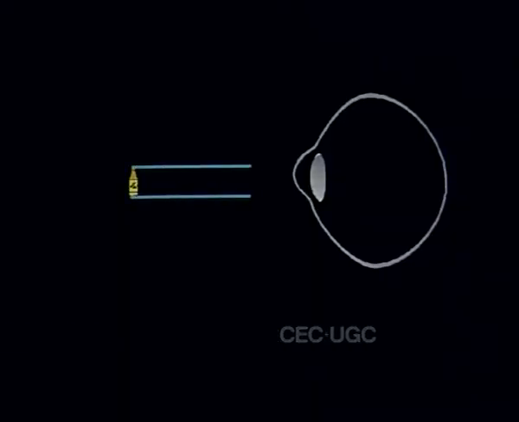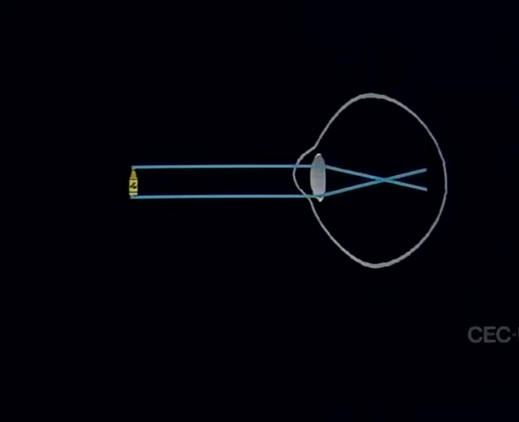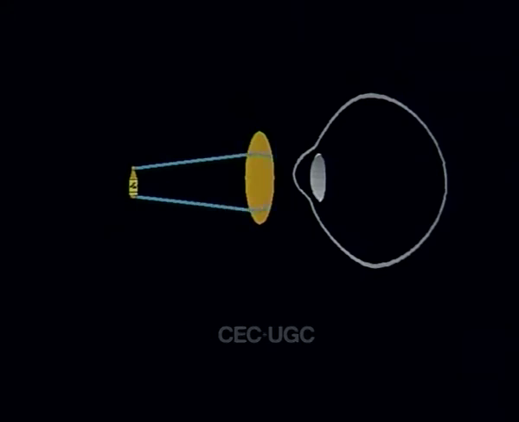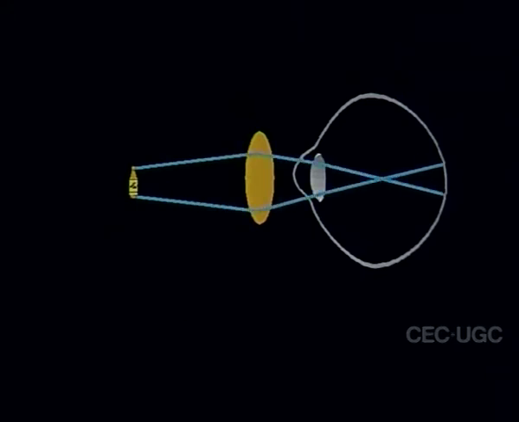Hyperopia is the condition which is also known as long-sightedness. In this, the patients see the near objects very blurred. This condition occurs because the distance between the cornea and the retina is very short. So the image which is formed is behind the retina, and to bring the image on the retina, you require the plus correction.